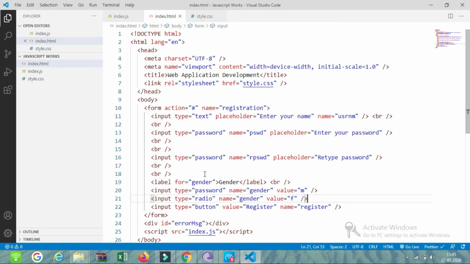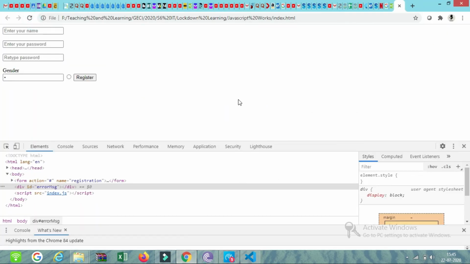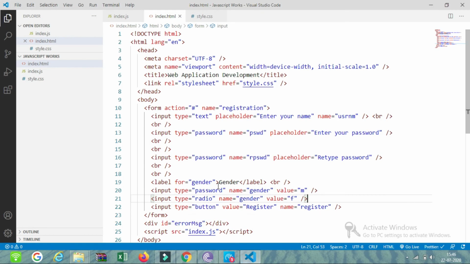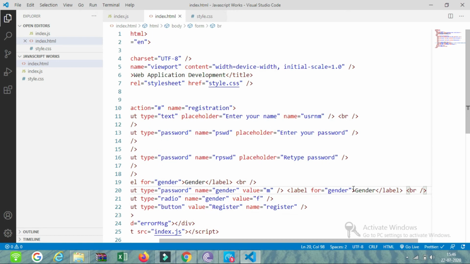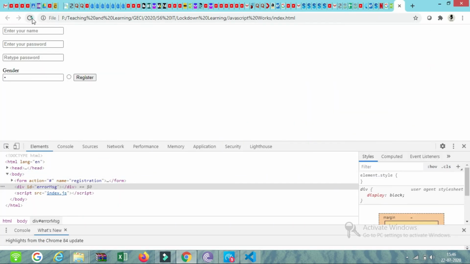Now what I can do is refresh this page. Gender, there is a radio button, there is a gender, there is a BR. After this BR, use a label. Type here male, so the text will appear as male. I'll refresh this. Now you can see male.